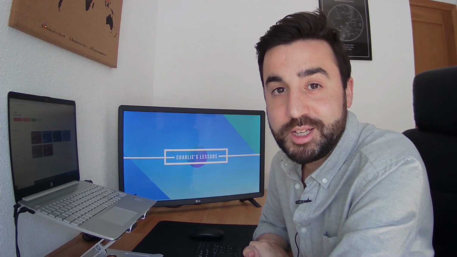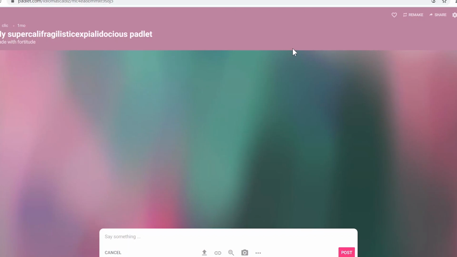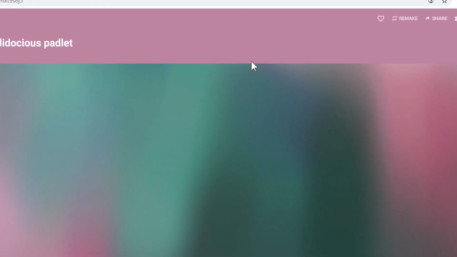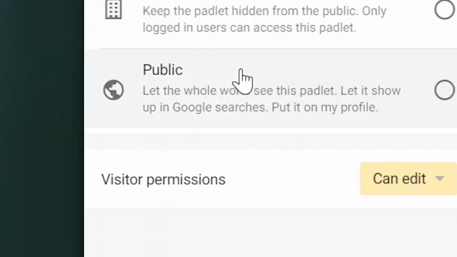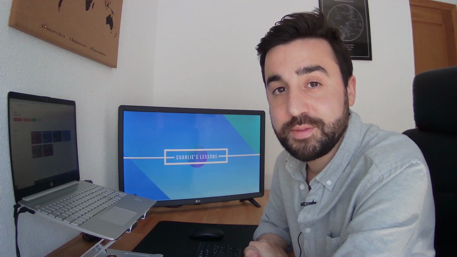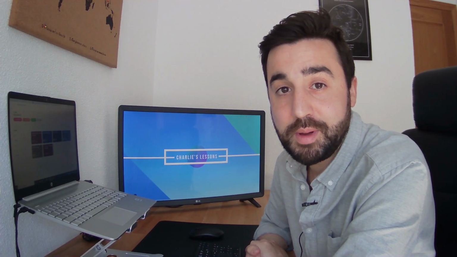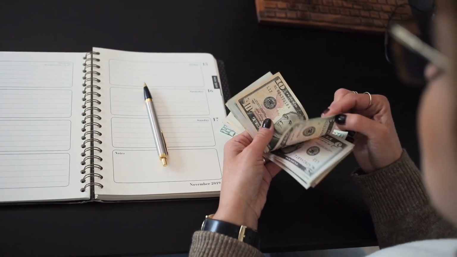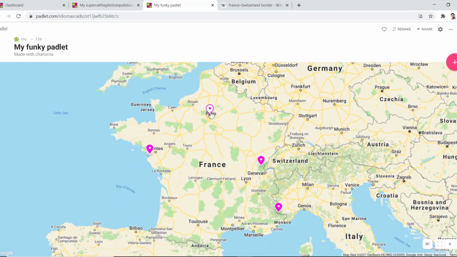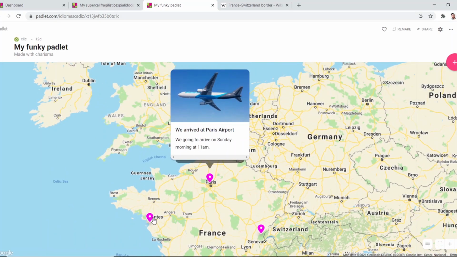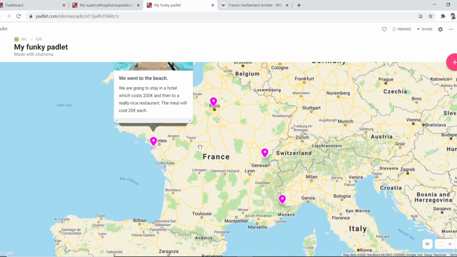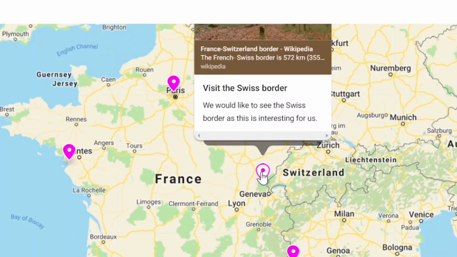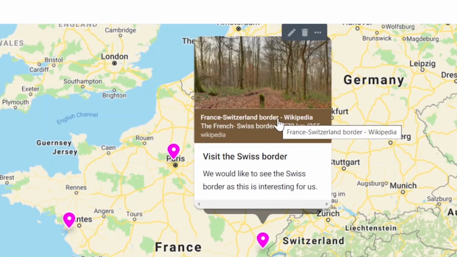Now, the second one is Padlet. Now, before I show you this amazing idea I've got for you, it's really important that when you are sharing this with the students or between the students that you click share, change the privacy to can edit. An activity I love doing with Padlet is using a map and having my students plan a holiday in a certain country. I set them a budget and they have to plan a week's holiday in a country, identifying the places and the things they do on this holiday. And also they can link to websites that provide information on the holiday itself.